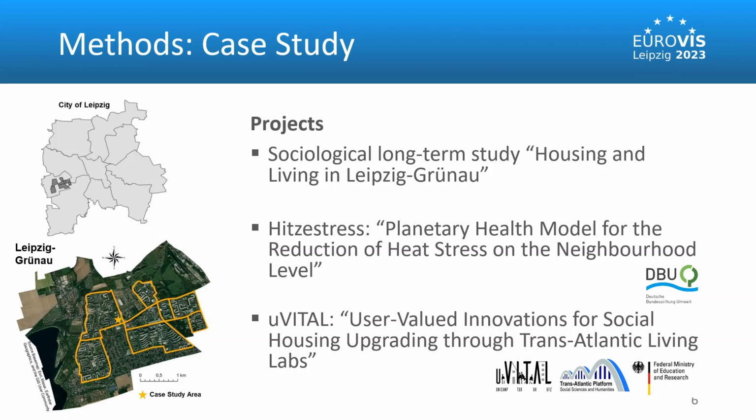The third project is U-Vital, where we focused on a specific neighborhood in the district Grünau North. You can see the yellow star in the map, which is also the case study area of what I present here. The initial research in this area, where mainly elderly people live alone, was on housing upgrading, but it has been extended to redesigning green infrastructure based on the creation of different scenarios.